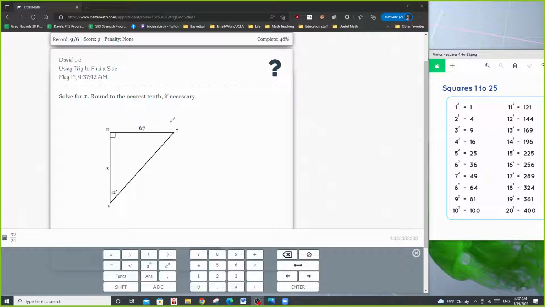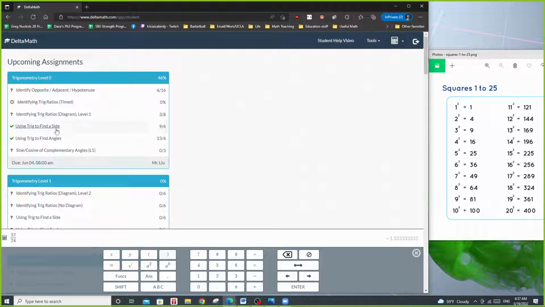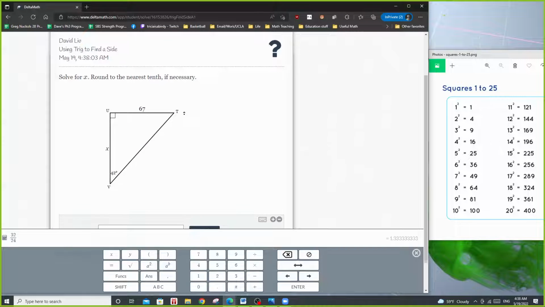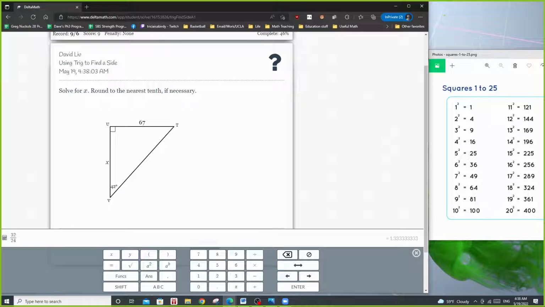Alright, the last type of problem in our video series will be using trig to find a side and using trig to find angles, okay? Let's learn what this means. Trig: if we have an angle, we can find a missing side given we already have one of the sides, okay? First we ask ourselves,